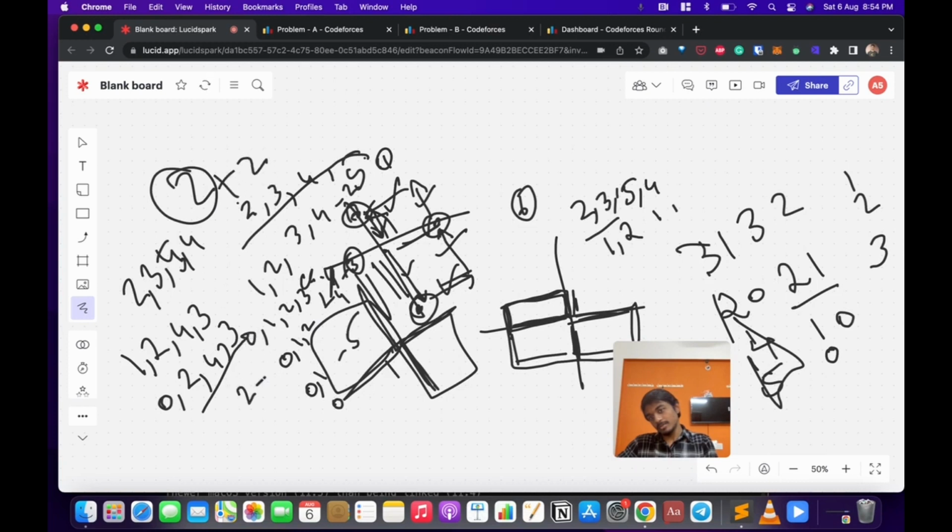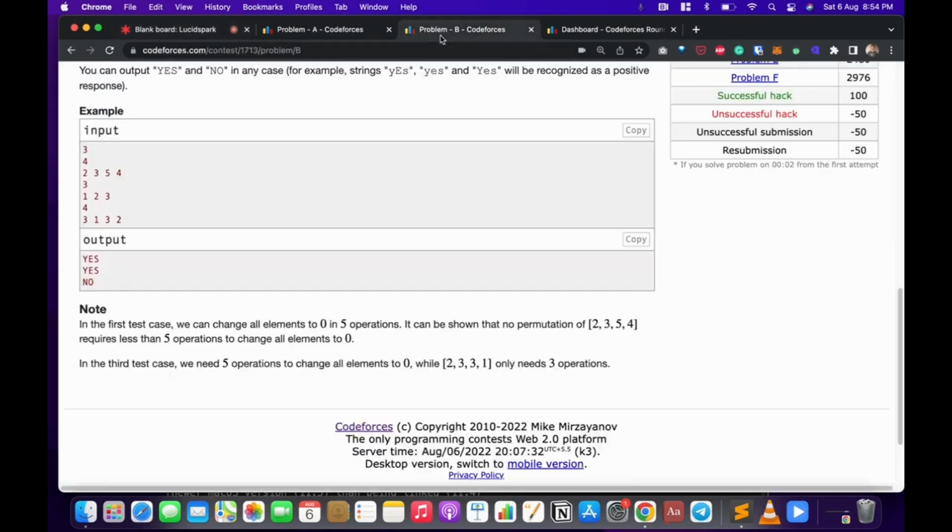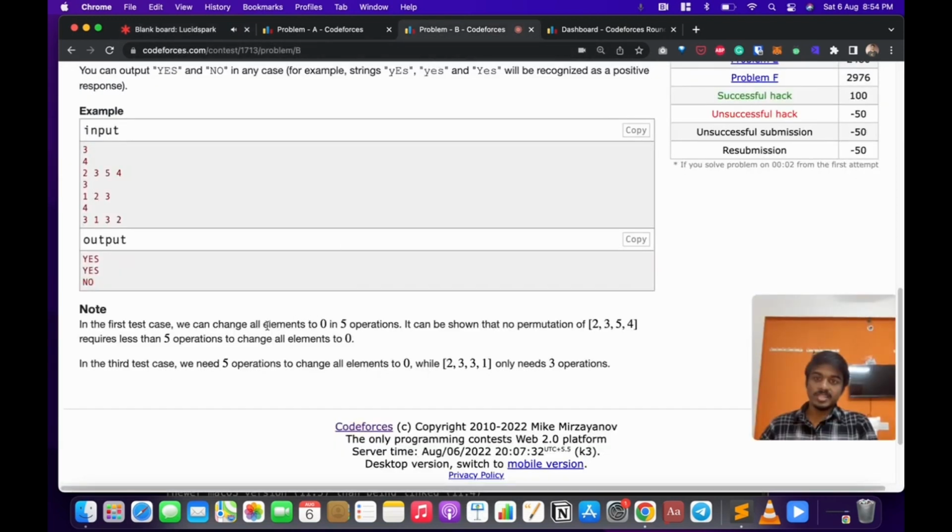So two, one. Oh, it is getting the maximum number, right? Okay, so it's more than five operations. So what he's telling is we can change all elements. It can be shown that no permutation of 2354 requires less than five operations. So at least 2354 needs